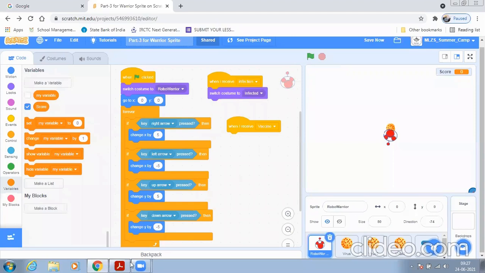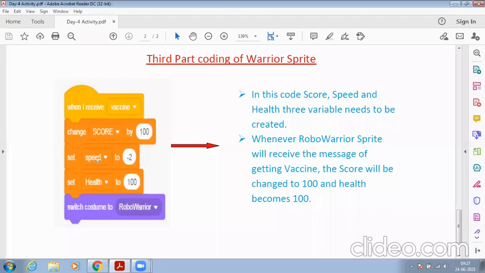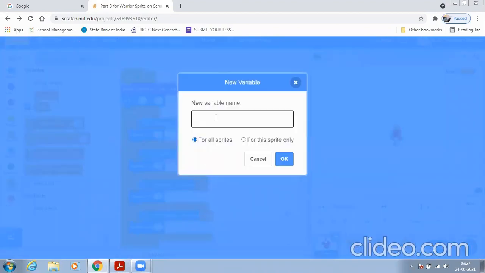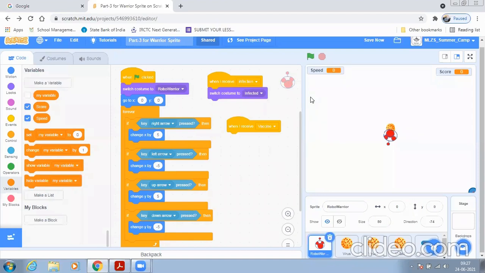Now again we have to create the second variable named speed and health. First I am going to create the variables. Now again I am going to create variable speed. Now I will click, hold the left mouse button and I can give the position to this variable as per our wants.